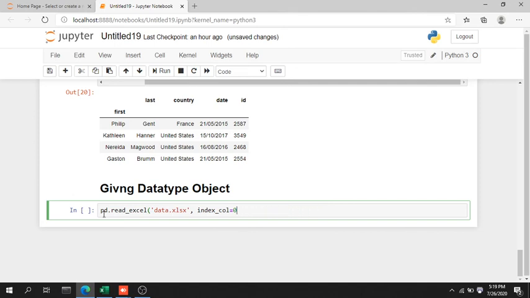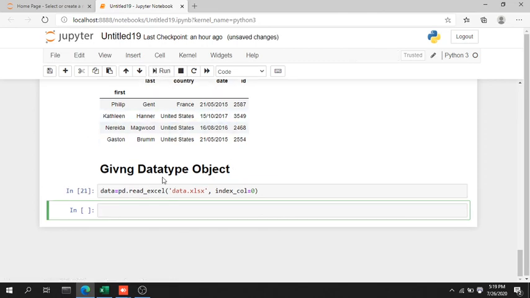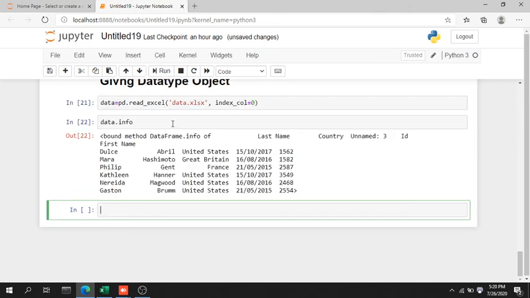What we want to do next is close it and give a data variable to it, like data equals to this. Let me execute it, and now you can see that we can grab all the information, all the data using this data variable. If you want all the information of the Excel sheet, you can just write data.info and run it, and we can get all of the information.